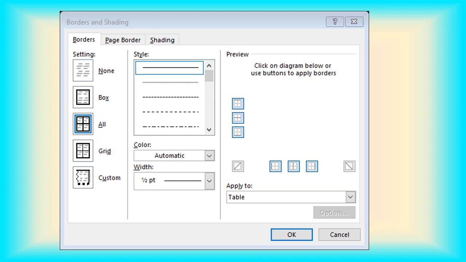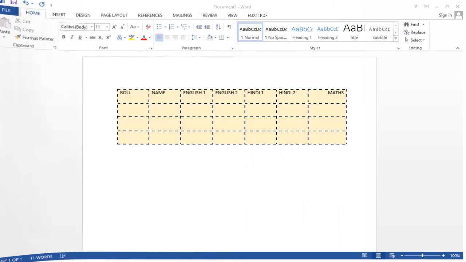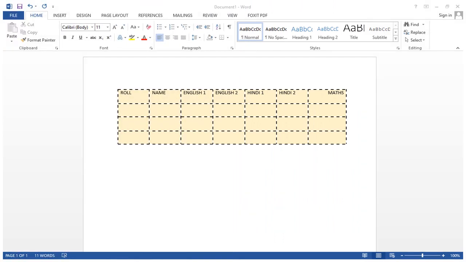And when you click on Shading, you will get the shading options. Okay, so I will click on Shading now. When you click on Shading, these options you will get. So if you want to give some color in the table as shading, or a pattern also you can give. I choose one color here. Okay, and then finally you can click here on OK. So I chose this dashed form of border, and for the entire table I have also given some color. It will come in the shading form.